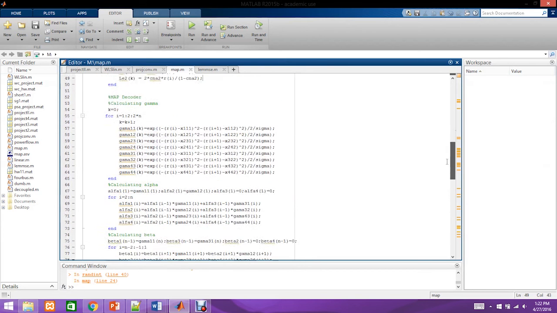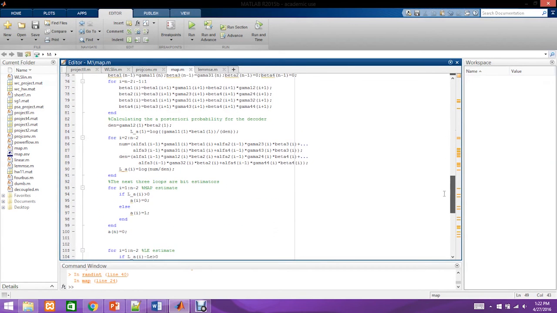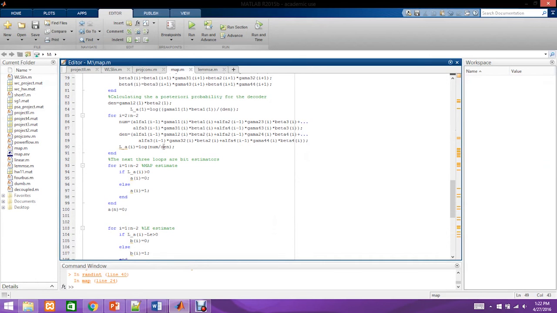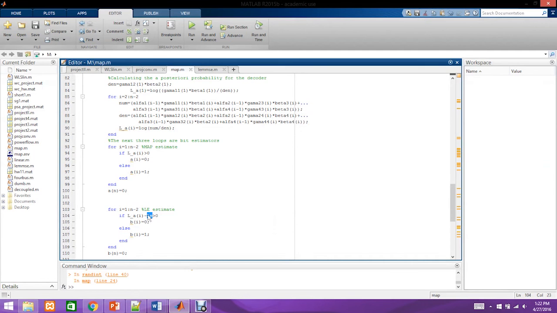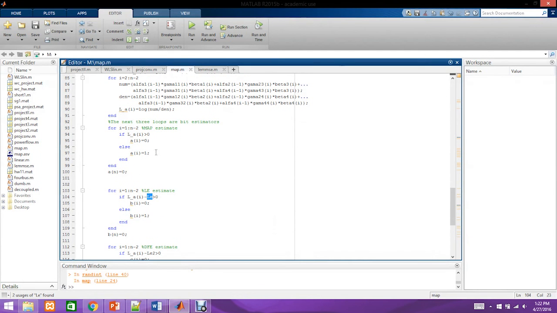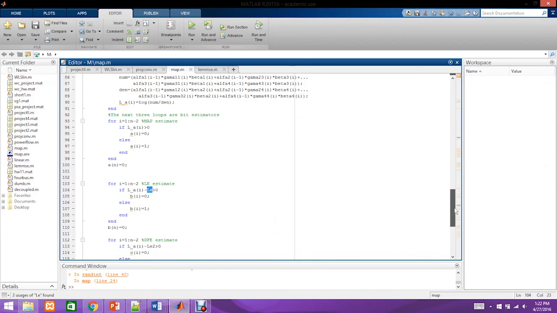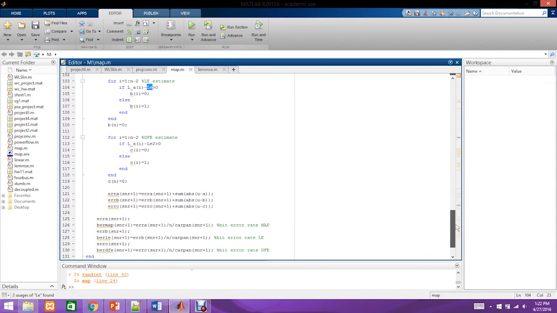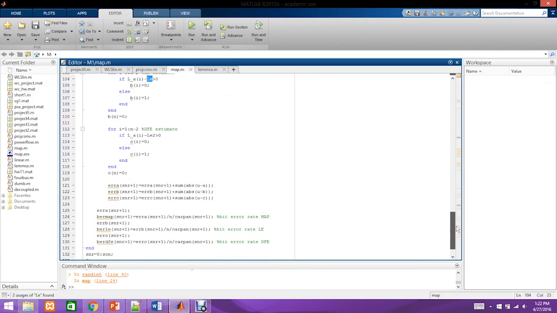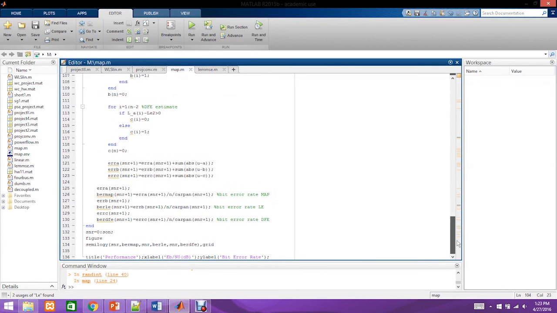Let me see where we can show that here. Here, this is the a priori probability. Notice it's 0 for the MAP equalizer, and these 3 if loops right here are simply the bit estimates. We use that to calculate bit error rate,